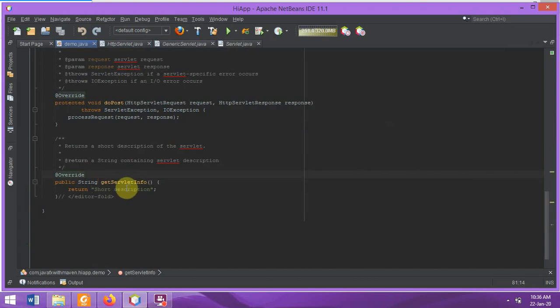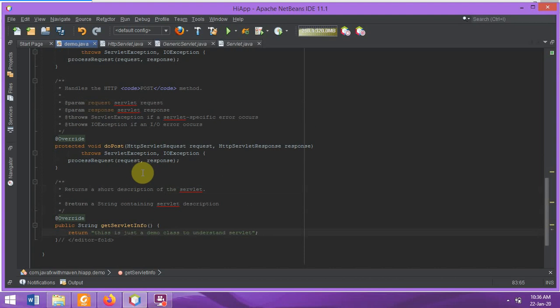Sorry, so I can add some description to it. In this place, I will just say this is just a demo class to understand servlet. Okay, that's good. Now, the doPost method is intended to contain an algorithm